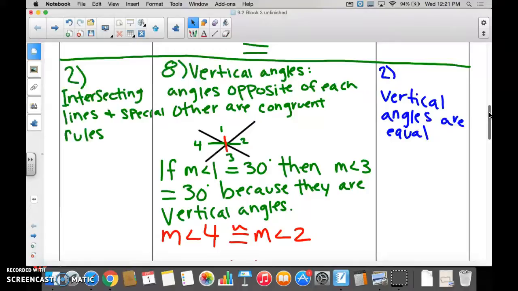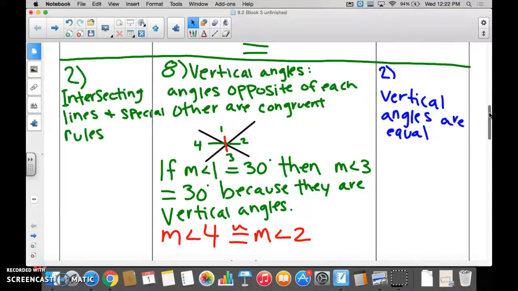So angle 4 is congruent to angle 2. Angle 4 and angle 2 are vertical angles. Angle 1 and angle 3 are vertical angles. They are congruent. If they're vertical angles, that means they have the same angle measure. Angle 1 is 30 degrees, as it says in your notes, so angle 3 is also 30 degrees because they're vertical angles and vertical angles are